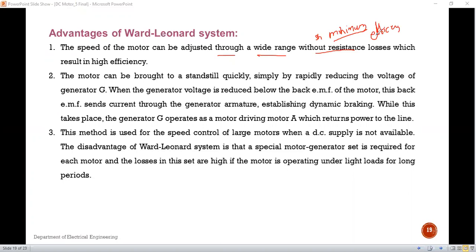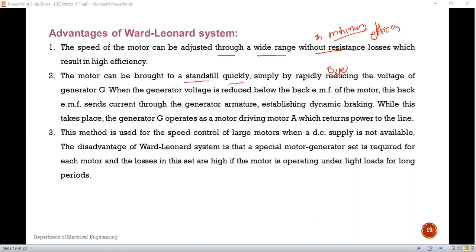it is nothing but the motor can be brought to a standstill quickly. मोटर आपण क्विकली स्टँडस्टिल कंडिशनला आणू शकतोय. म्हणजे जर एका डिरेक्शनला मोटर मॅक्झिमम स्पीडला रन होत असेल, अँड इफ वी चेंज द direction, that means if we apply the switch and change the direction, that means somewhat this motor comes at a zero position or zero speed, that is this is nothing but standstill condition. So motor can be brought to a standstill